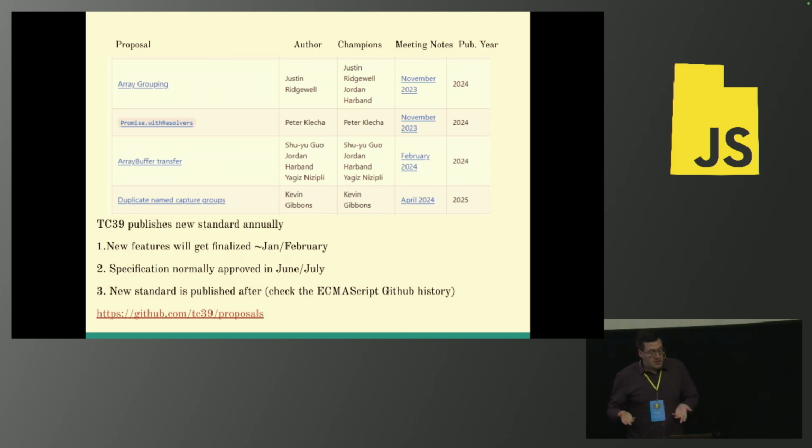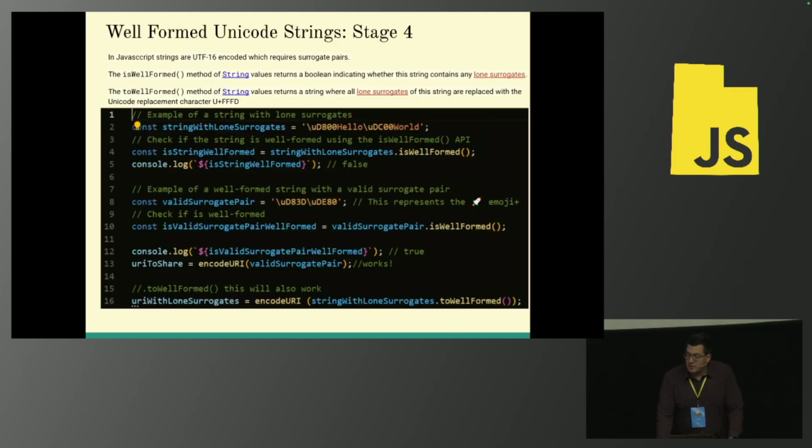And then the standards are published after that. And you can see on the ECMAScript GitHub, you'll kind of see the history of the proposals and when they go in. But just because this one's in 2025 versus 2024, you still can start using it, et cetera. It's just when it officially goes into the spec. So yeah, keep that in mind. So I'm going to talk about some different proposals from stage 4. So these are good to use. You can use them and kind of what was added in the latest edition, if you will. And I'm also going to talk about some that are not stage 4 as well.